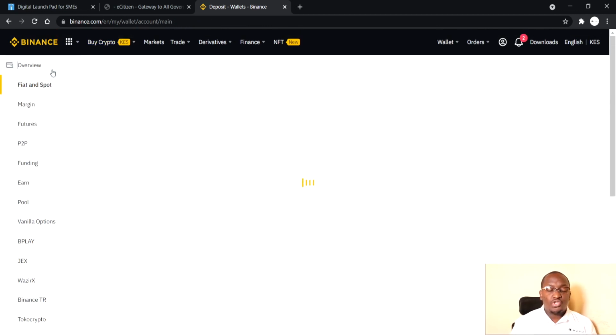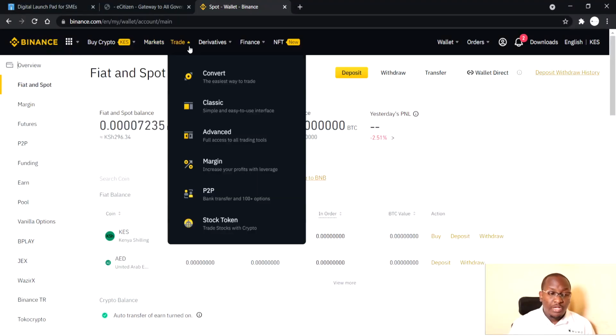So that shows you how to deposit, how to withdraw as well, and the different wallets that are there. That is under P2P trading. Now, if I want to convert my coins to another coin, there is a way here written convert.